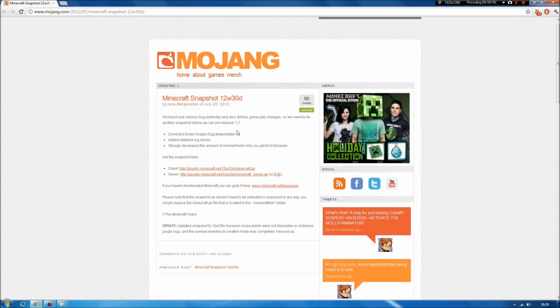The 1.3 release date for Minecraft, well, 1.3 is going to be released soon, next month I think. So I thought I'd just show you how to install the snapshot, which is sort of like a preview of the next version of Minecraft. If you go to this address here, which is the Mojang blog, they've posted the latest snapshot, this one as of now. So if you click these links, you need to download both of these actually,